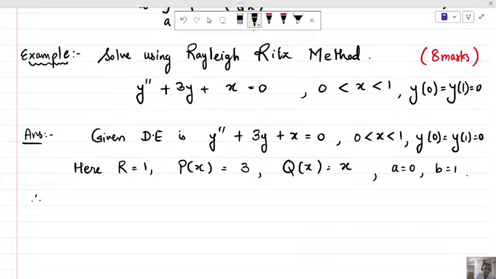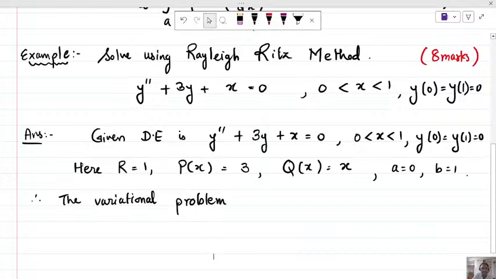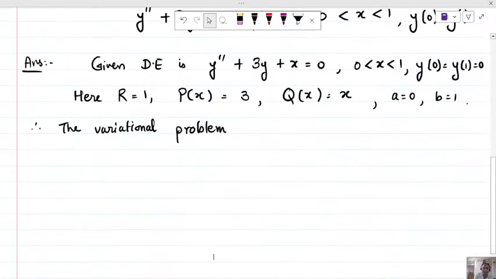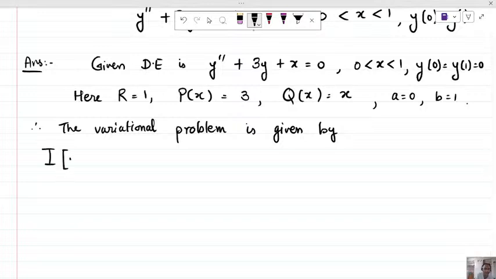Therefore the variational problem is given by I of y of x is equal to integral 0 to 1, there is 1 by 2 outside,